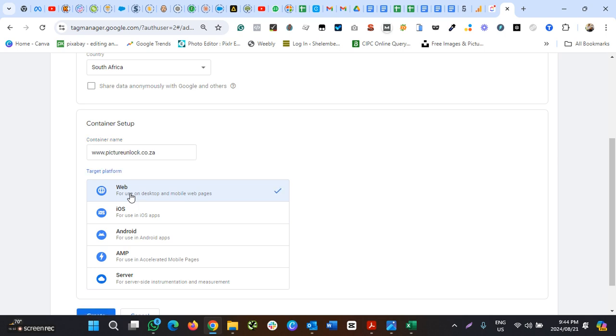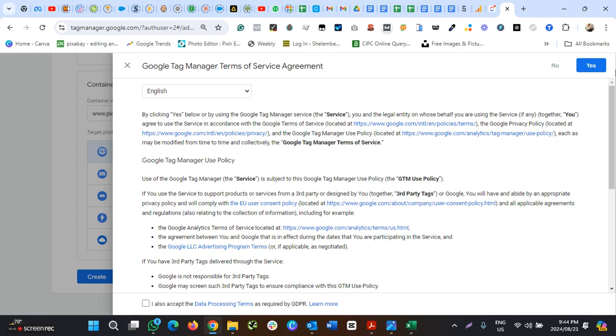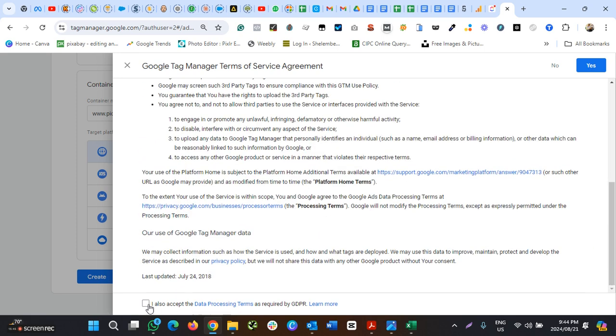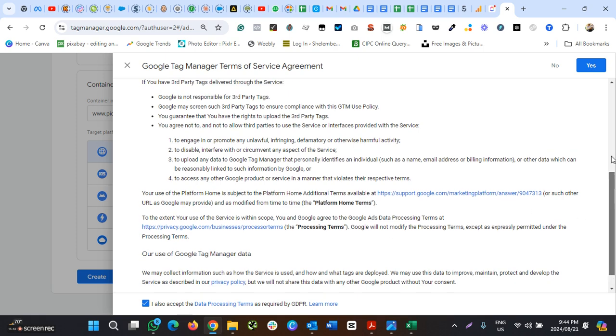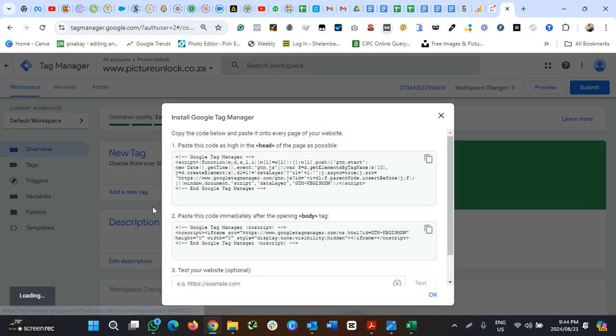We are measuring the website. If you're measuring apps or anything of the sort, this is where you put the appropriate measurements. Let's create. We do agree. There we go. It's done. Once again, we will not be using these tags or anything of the sort. I will show you the best way